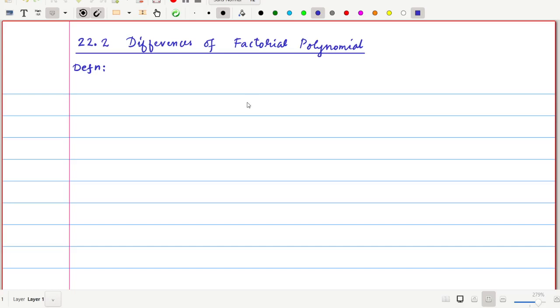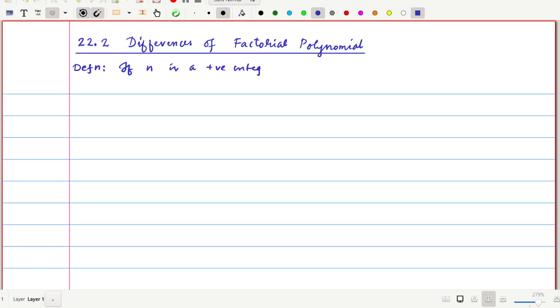Hi all, today we discuss section 22.2, differences of factorial polynomial. So first we define what is a factorial polynomial. This is defined for a positive integer n. So if we start with n a positive integer,